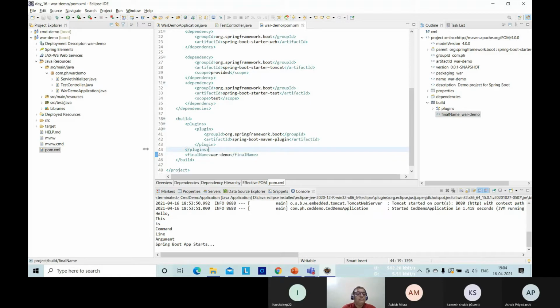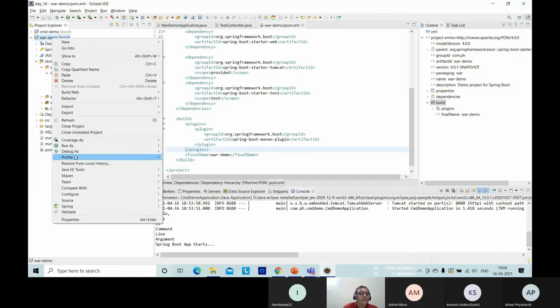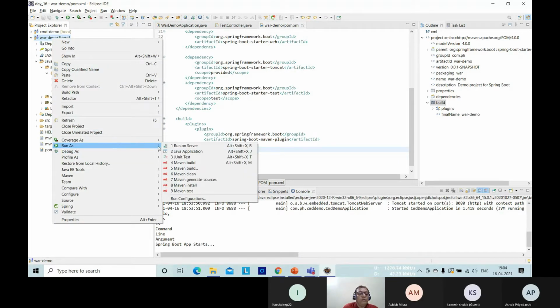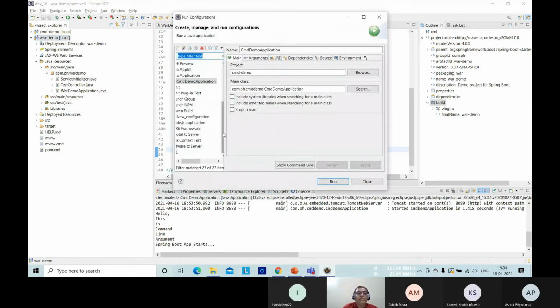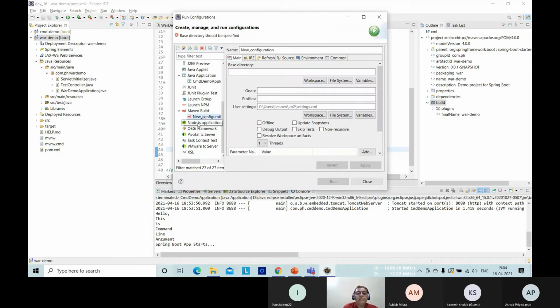After this entry is done. If I don't give this entry, then like yesterday, the name will be quite long. Okay, so now as usual, you have to right click on the project, go to Run As, same steps as the previous day. Then you have Maven, here you have new configuration.